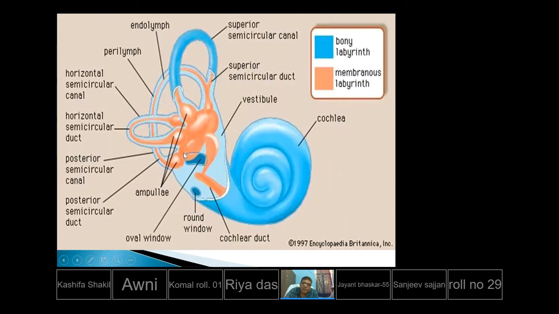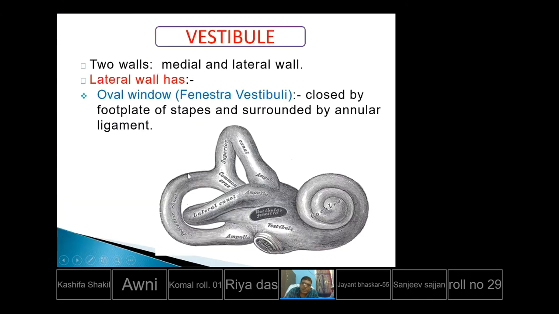Now, in this figure of the vestibule, the two compartments are visible. The greenish is the bony covering of the labyrinth, while the pinkish structures are the membranous labyrinth. We'll discuss later on. In between the two compartments, the fluid present is perilymph, while in the membranous labyrinth, the fluid is called endolymph. We'll see this later again.